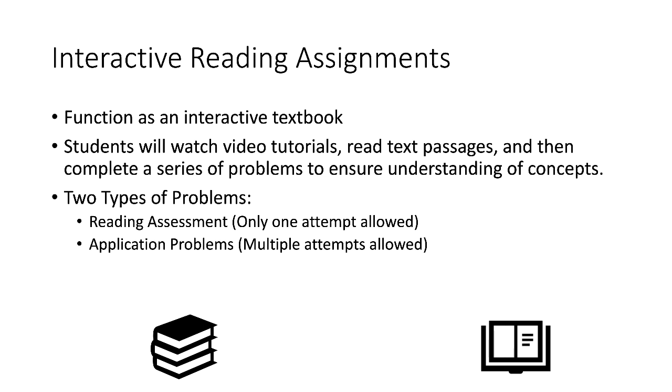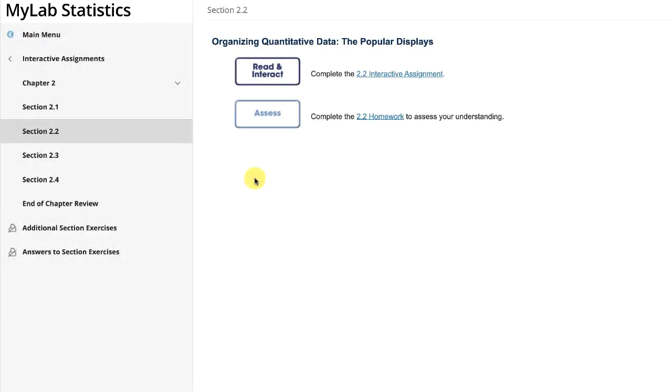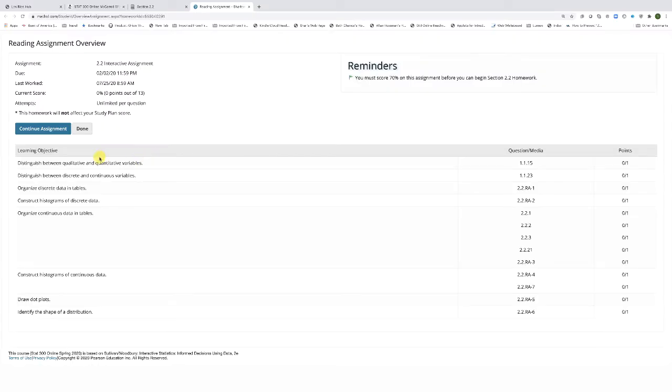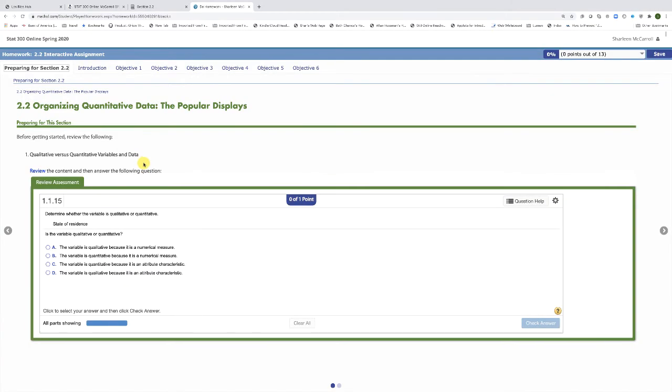Let's take a look at an interactive reading assignment from Chapter 2. For this example, I'm going to take a look at the interactive reading assignment for Section 2.2. When the assignment first opens, you'll see a list of learning objectives and the problems that you need to complete. You'll click Start Assignment to start, or if you have to pause and return later, you click Continue Assignment. When the interactive assignment opens,